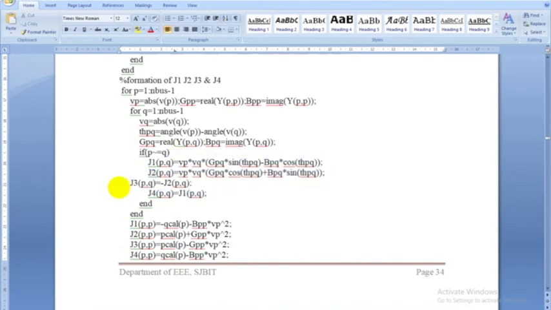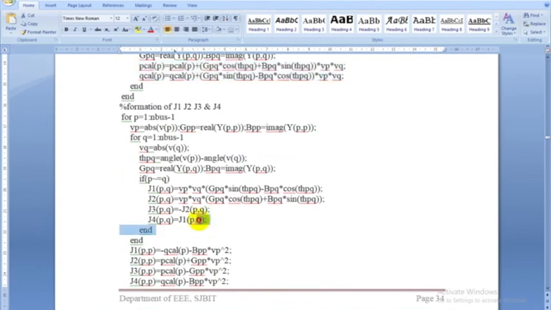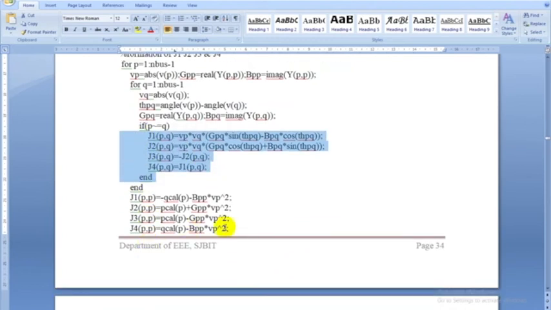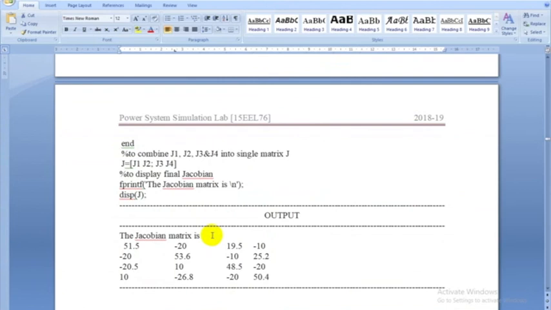See here it is derived formula. These are 4 derived formulas and here 4 derived formulas, and this is also one set of formulas. That is actually 2 plus 4, 6 plus 4, 8, so 8 plus 2, 10. So totally 10 formulas. 10 formulas we have used here to find the Jacobian matrix. So you are finding the submatrices of J, J1, J2, J3, J4. I want to make it as a whole.